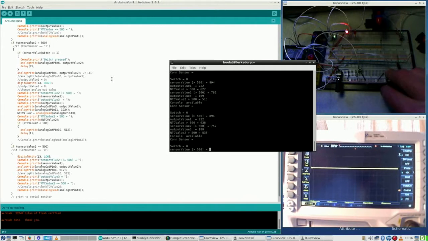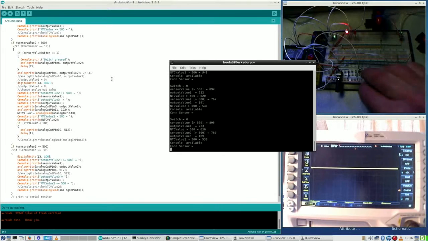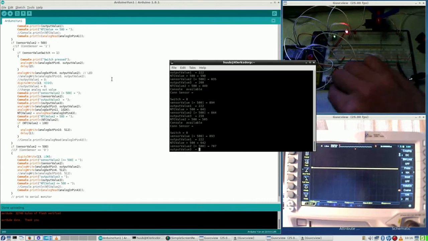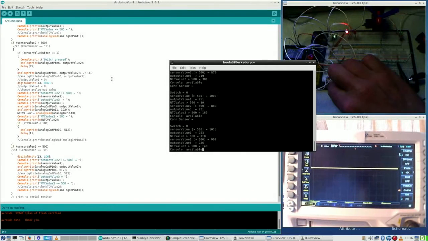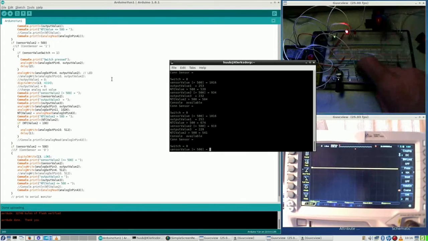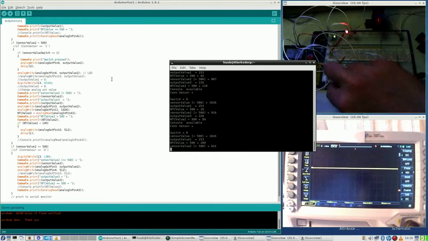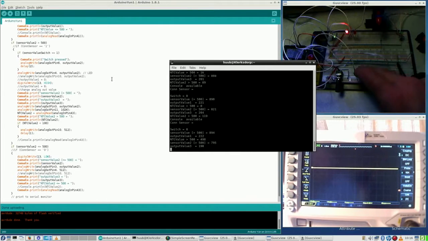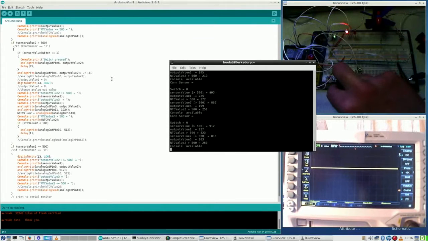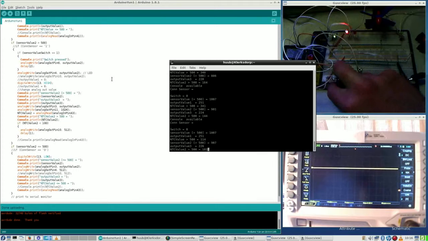Then the right side potmeter. To no effect at all. Yeah, well, that is because of the button. So turning it to halfway, press the button and it stops. Well, that is exactly what it should do, but